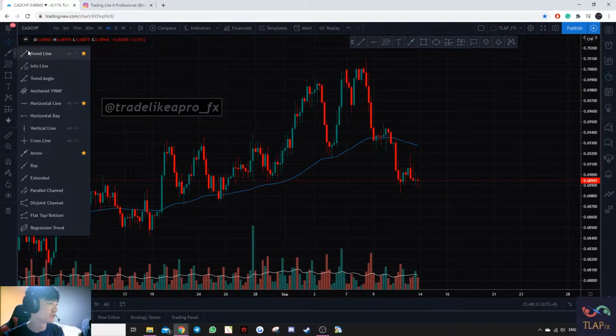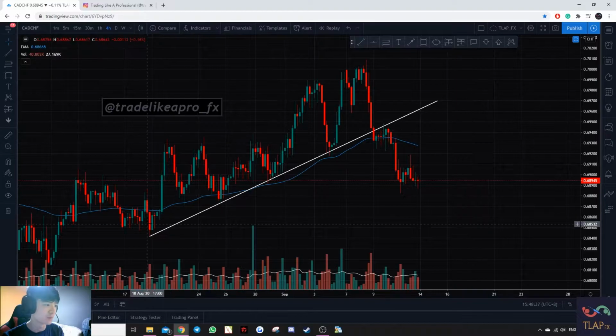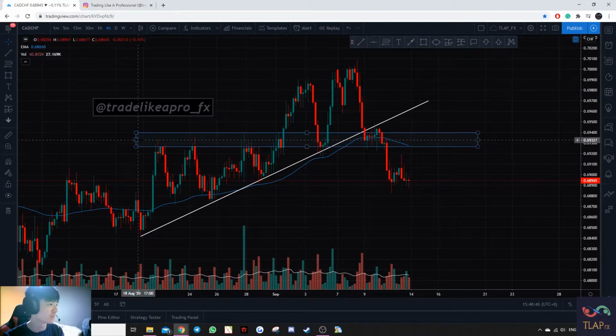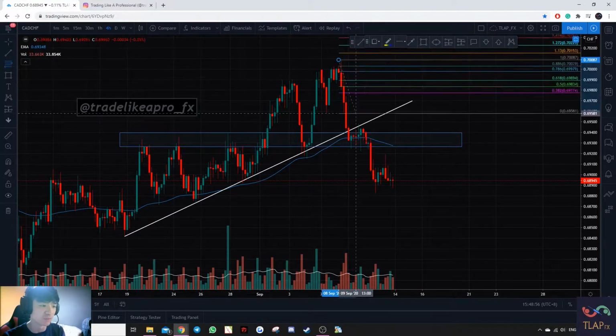Next we have CADCHF. You can see that we have an ascending trend line over here where prices got rejected several times, and also we have a confluence level of structure right here. So you can see that prices got rejected once, twice, thrice, 4 times, and the 5th time over here. So overall we have a bearish bias on this market, and how we look to enter this market would be using